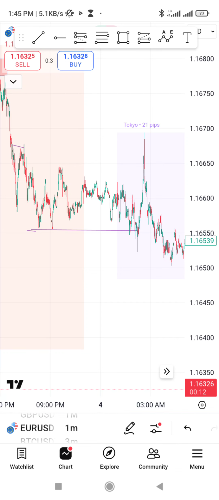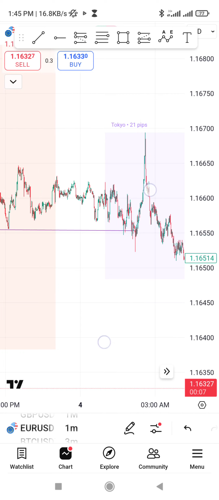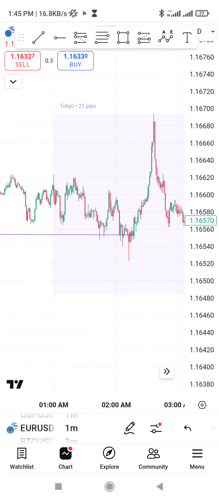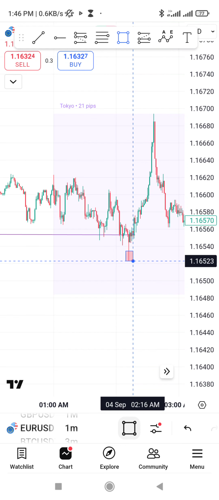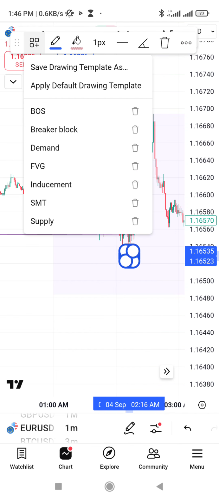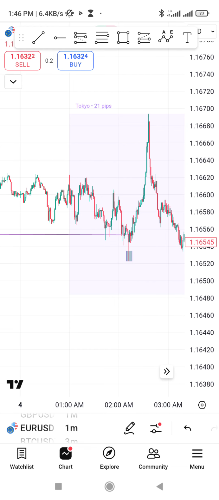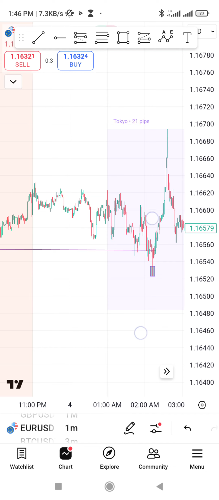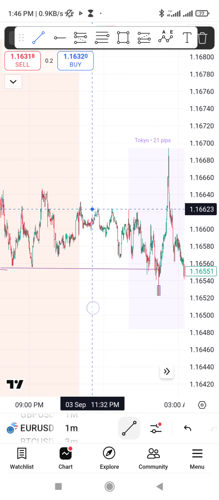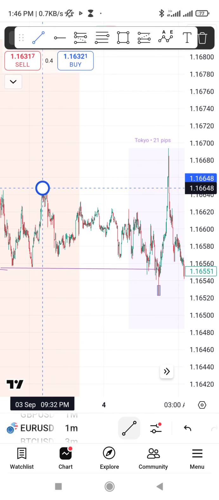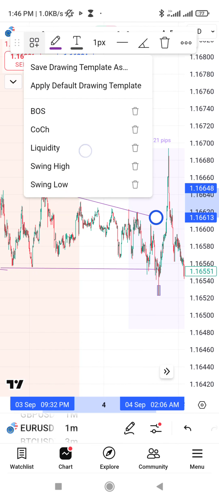And then there was an inducement. You can't deny that there was one, because let me zoom in so you can see it very well. So this became an inducement. Let me change my indicator for everyone to get it. So this is what an inducement looks like. When the market induced this level, obviously I could see a level of liquidity printed already that the inducement is engineered to target. So I'll change it to liquidity.